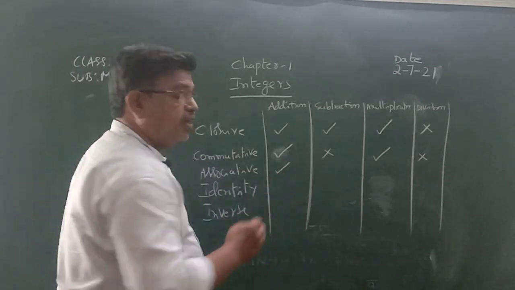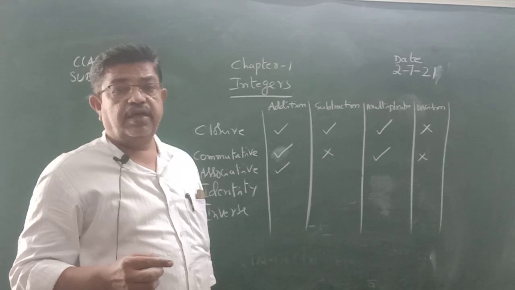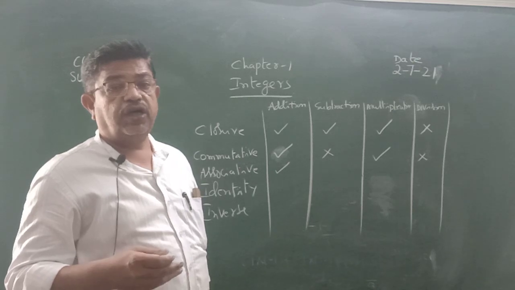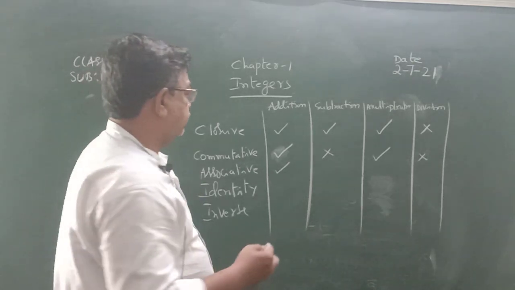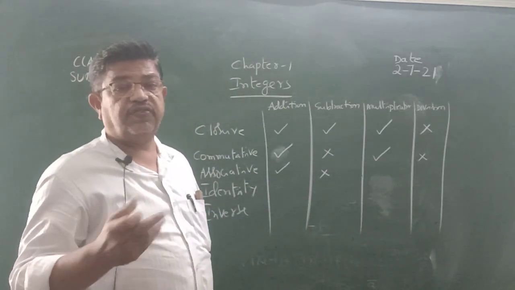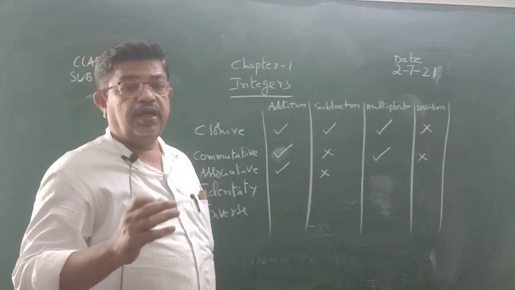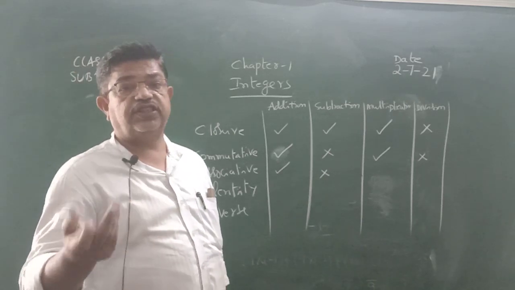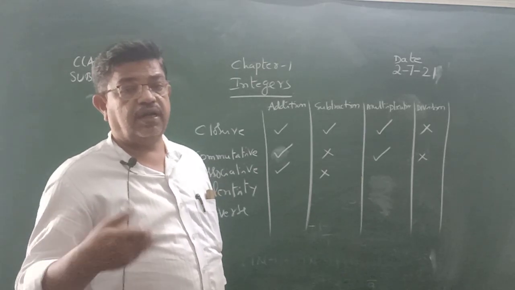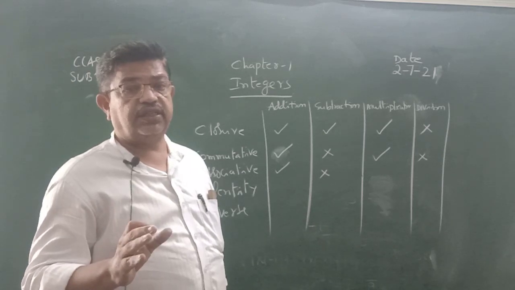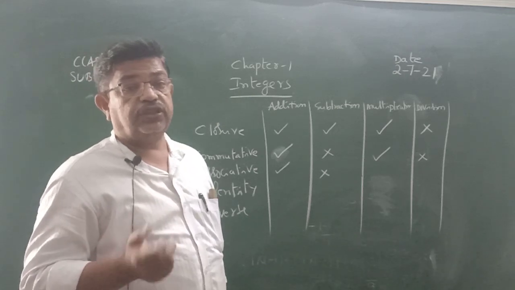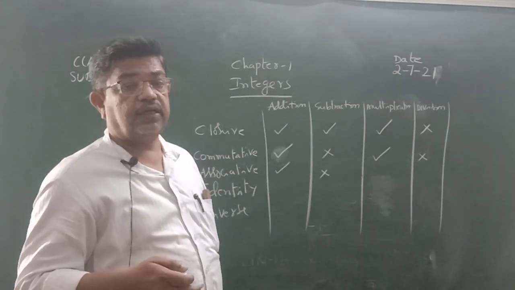Similarly, for the sum of three integers, a plus b plus c is equal to a plus of b plus c. Integers have associative property under addition. Integers do not have associative property under subtraction, because the difference of three integers is not the same in any order you take. If you take one order, the difference is one integer. If you take another order, the difference is another integer. Therefore, integers do not have associative property under subtraction.